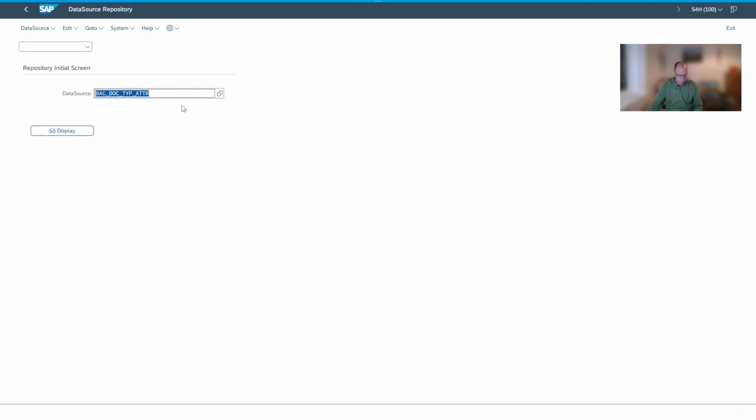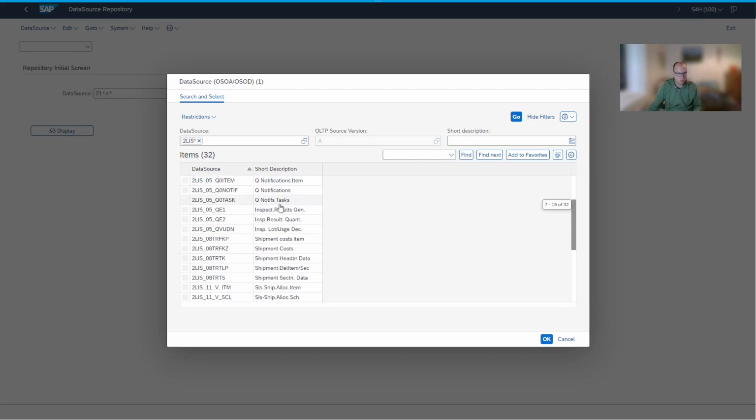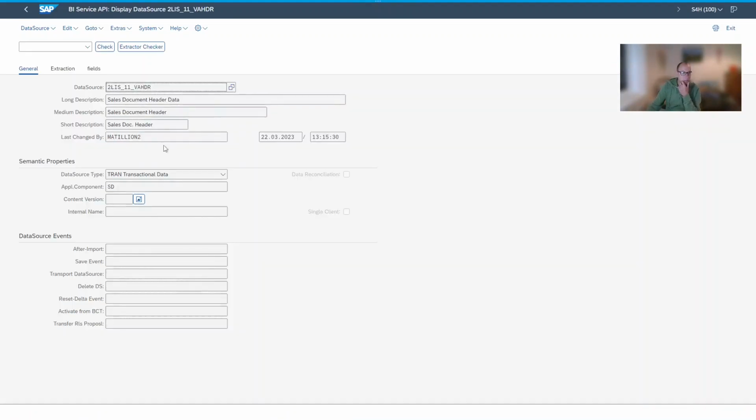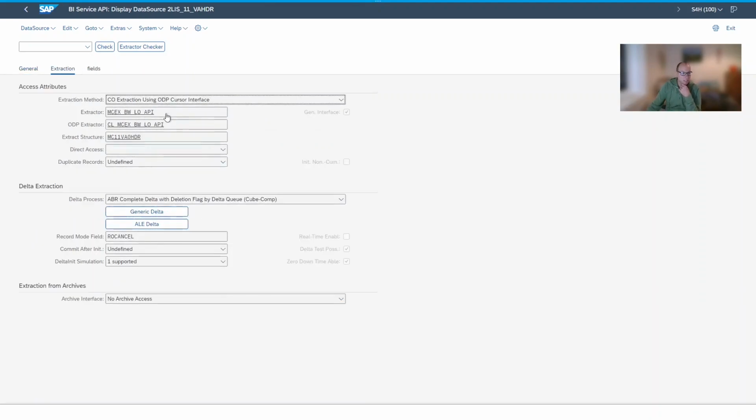The last example I have is an example of the logistics extractors. So again, there's quite a long list of logistics extractors. I'll just pick one here from the list. Again, the interesting tab is the extraction tab, where in this case, you see something funny. So the extractor